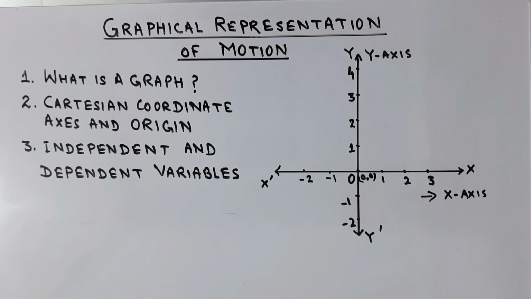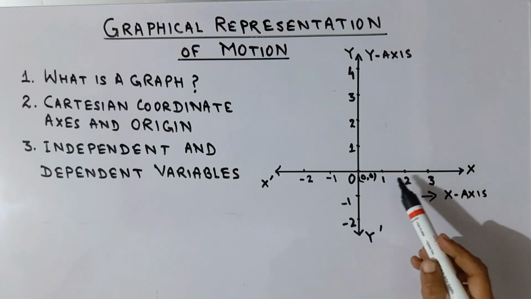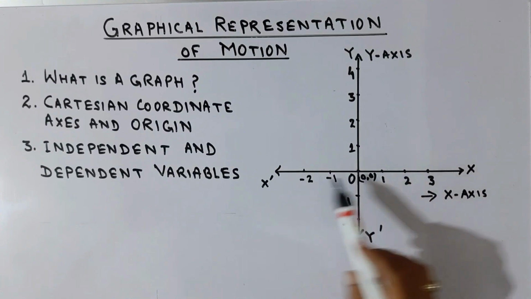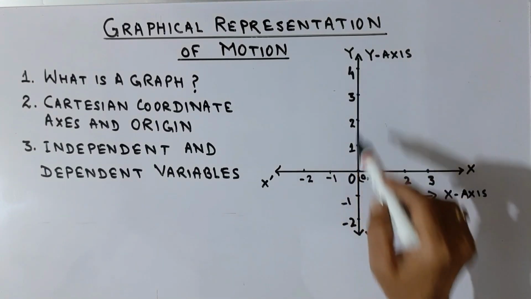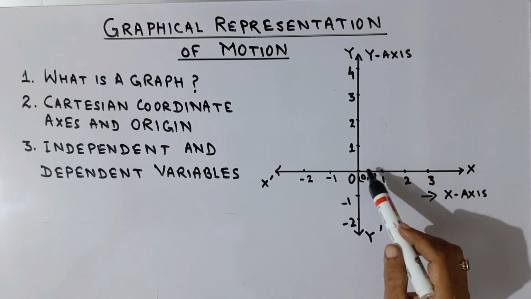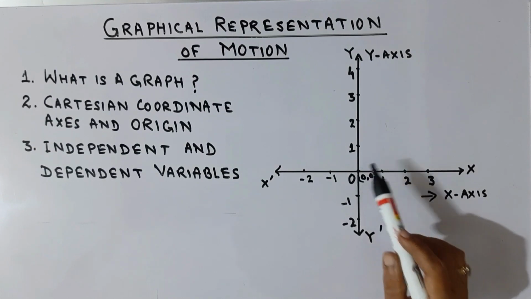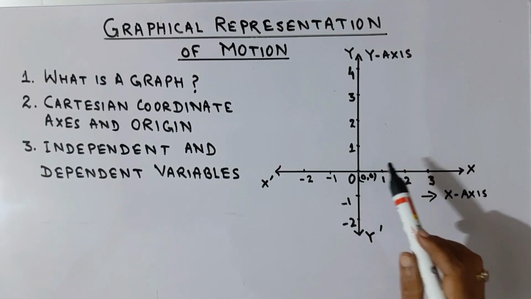In a Cartesian coordinate system, we have two number lines perpendicular to each other intersecting at the number 0. The point of intersection is called origin, which is taken as the reference point and its coordinates are 0, 0. Let us see. This is an example of Cartesian coordinates axis. Here we have two number lines xx dash and yy dash intersecting each other at the point where number 0 is represented. This point is called origin. These two are perpendicular to each other.